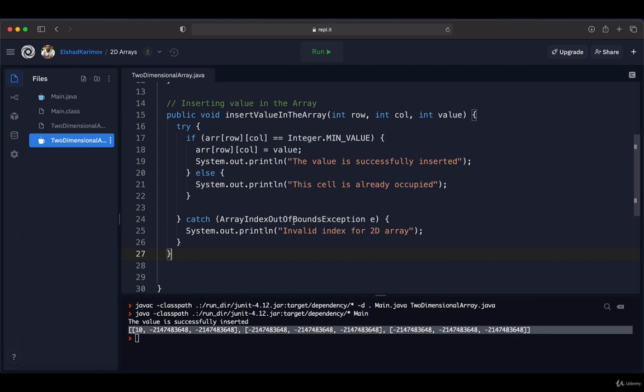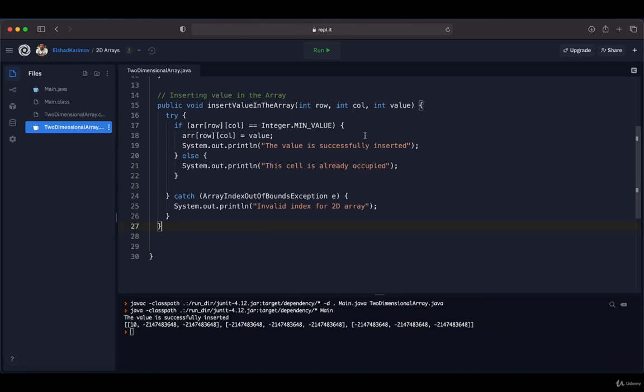Now you might be interested in what the time complexity for this method is. To get the time complexity, one more time we are going to start from the first line of code. In the first line, we are accessing the array element and checking whether this is equal to integer minimum value or not. This operation will take O(1) time complexity because accessing an element of any array takes O(1), and checking it with a value also takes O(1). So this line of code will take O(1) time complexity.